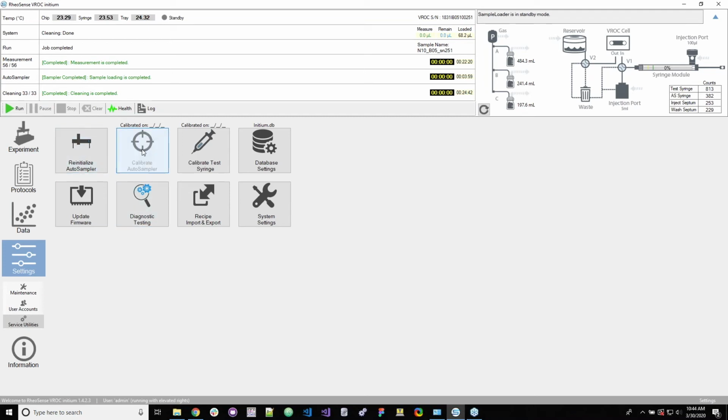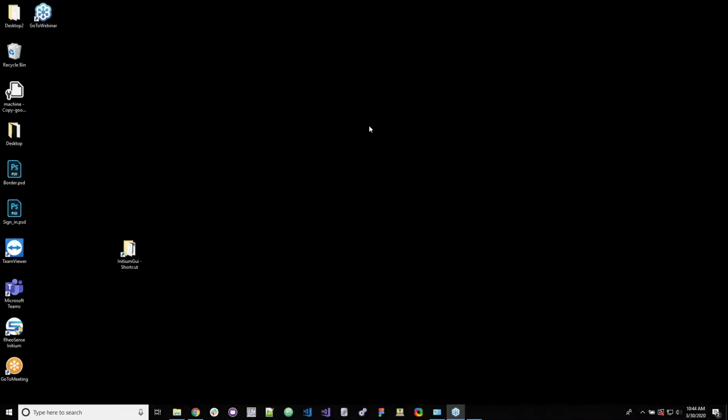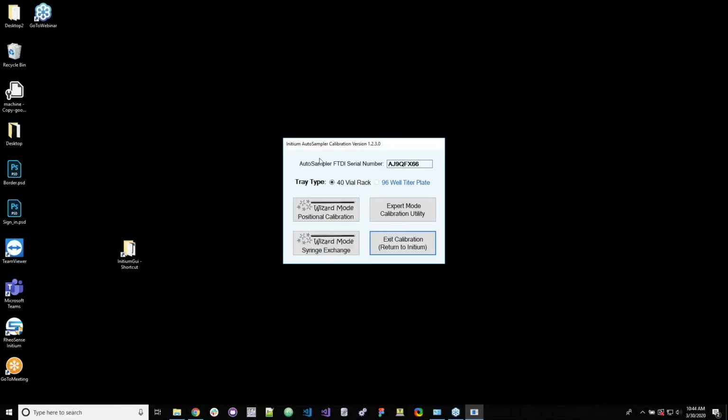And then you can calibrate the autosampler, which will cause the initium software to go into the background, and then you can calibrate the autosampler for whichever VROC type,